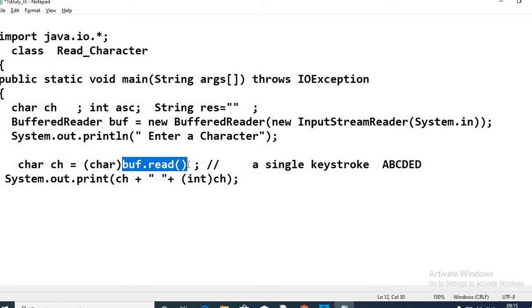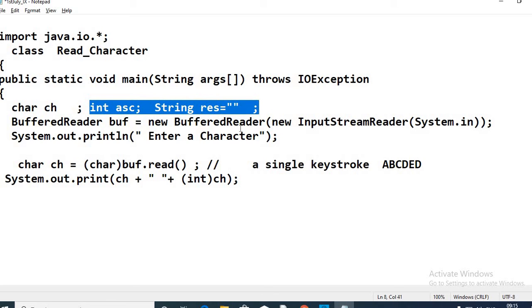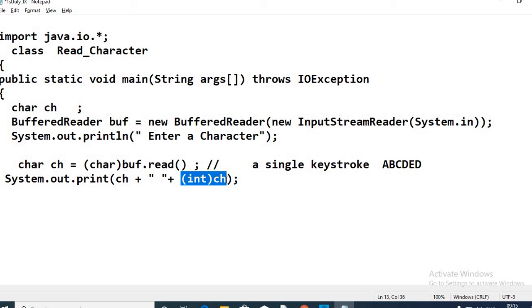So this is the integral code. We are further typecasting it, so both lines of code have been merged into one. In case I don't want an extra variable, I just want the character representation, so we are receiving the character and getting it printed on the screen. And in case you want to avoid any extra variable, you are just typecasting the character into its integer equivalent to print the ASCII value associated with it.